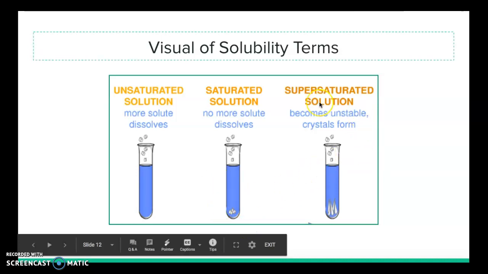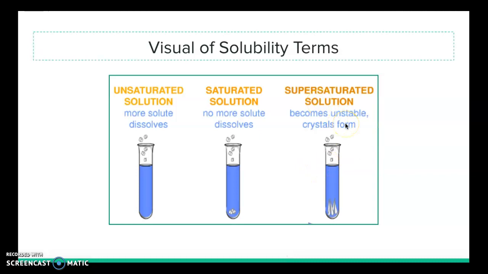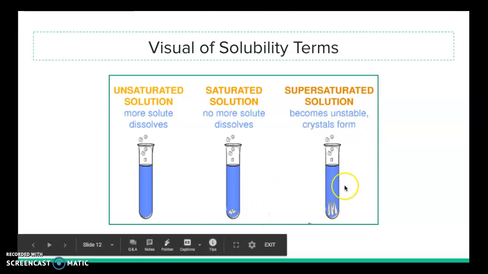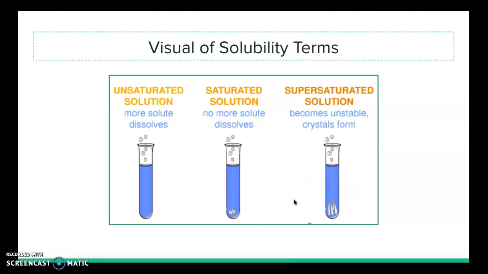And lastly, we have supersaturated solutions. When we continue to add more solute, the solution becomes very unstable, meaning crystals are going to start to form. So it won't be that we'll see the solute; we'll actually see crystals forming,